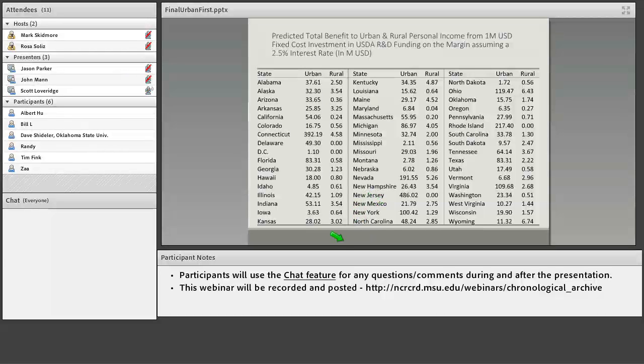And folks might be interested to see how this plays out in different states. I know we have at least Oklahoma here. The other folks didn't identify themselves by state, but you can see that in every state except Delaware and DC, which don't have rural areas, or Rhode Island. So the places that don't have rural areas don't have rural impacts, but basically every place that has a rural area also has rural impacts. But pretty consistently across the whole model, the urban impacts are higher. So this is, again, the impact of $1 million investment in the state, somewhere in the state.